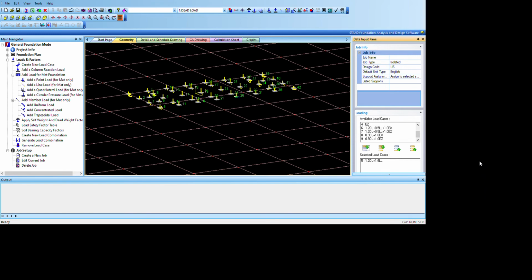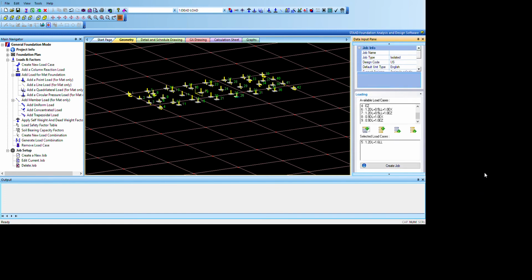So please look into the NSCP code as part of your activity, and these are the things I'd like you to discuss in your final report compilation. Okay, so considering this load combination now, we are through with our job creation, and then we just click create